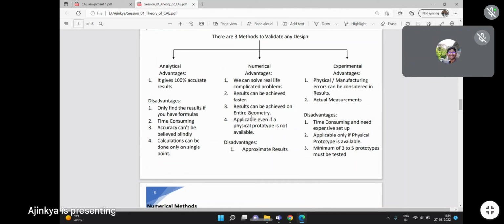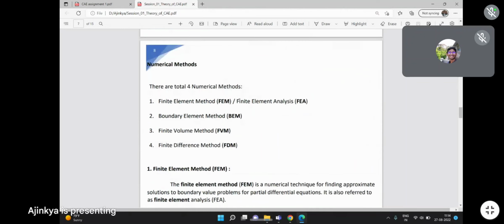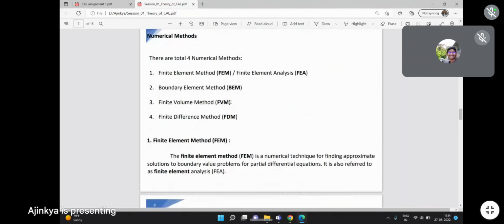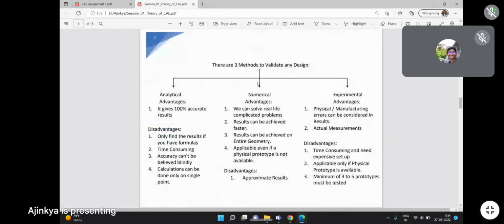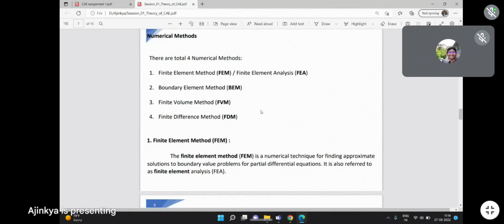Yeah, so there are some advantages and disadvantages. You can also go through this afterwards if you like. Again, now we will focus on these numerical methods. There are some types of numerical methods by which we can calculate or validate our design. So there are four types we explained over here. First is finite element method, second is boundary element method, third is finite volume method, and last one is finite